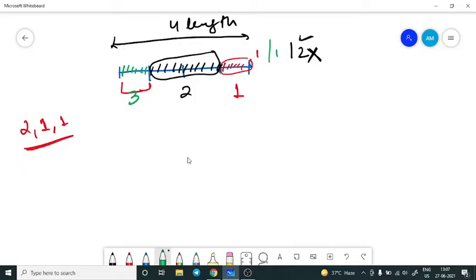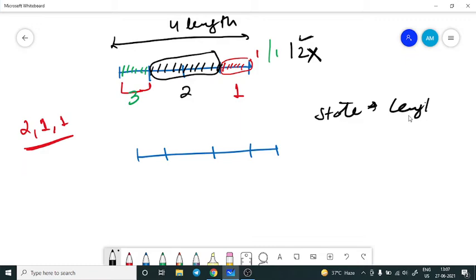Now if I draw it again, it is a kind of recursive problem, correct? How? Because at each state, suppose I cut this red one out, so I am left with this length, right? So this length is a new state, correct? And now if I cut out this black one, I am left with this state of length 1, right? So each state here is the length.